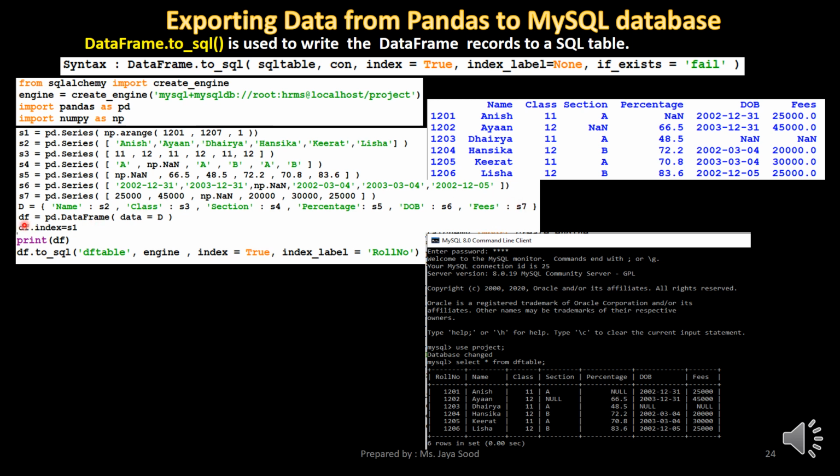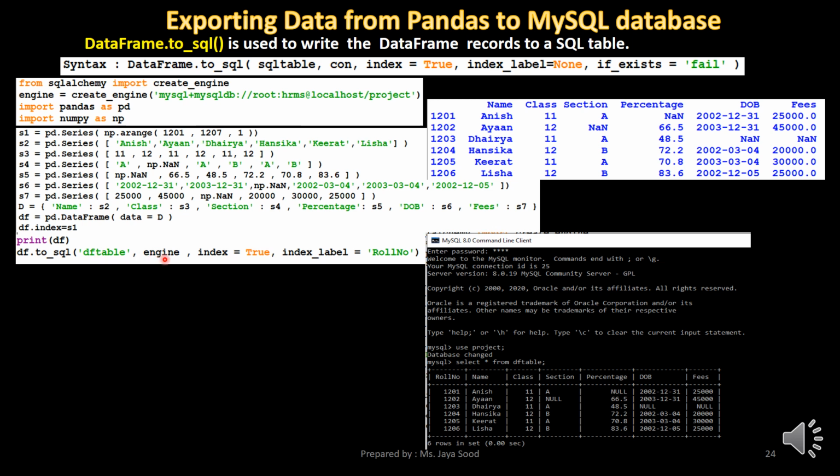The data frame df is created by passing this dictionary as a parameter. The index of the data frame is set to the series S1. In the print command, you can see the data frame that is created. In the call to df.to_sql, the first parameter is the name of the SQL table that we wish to create.